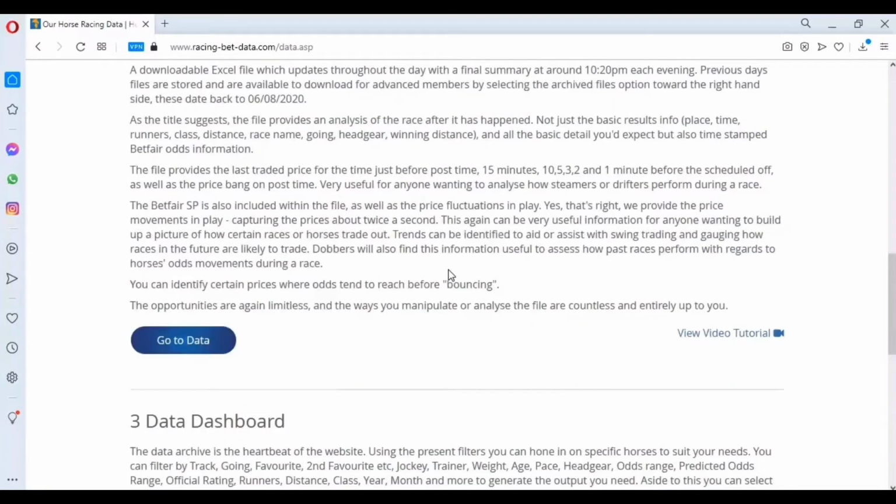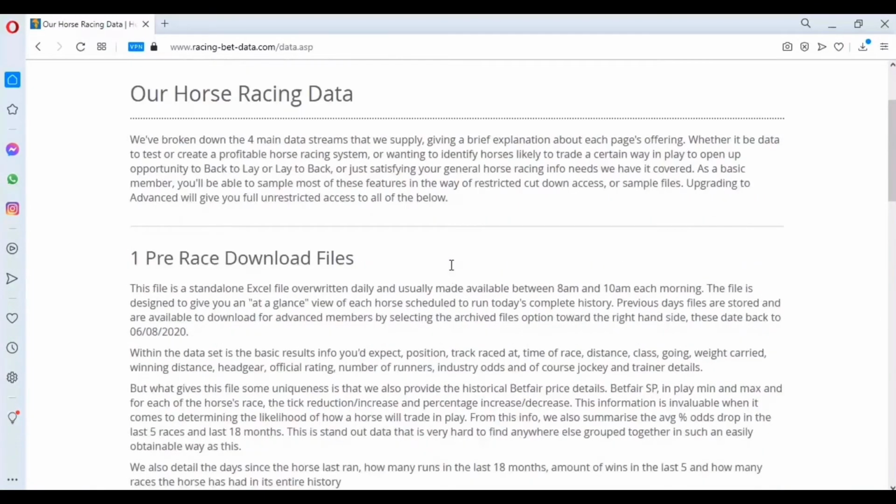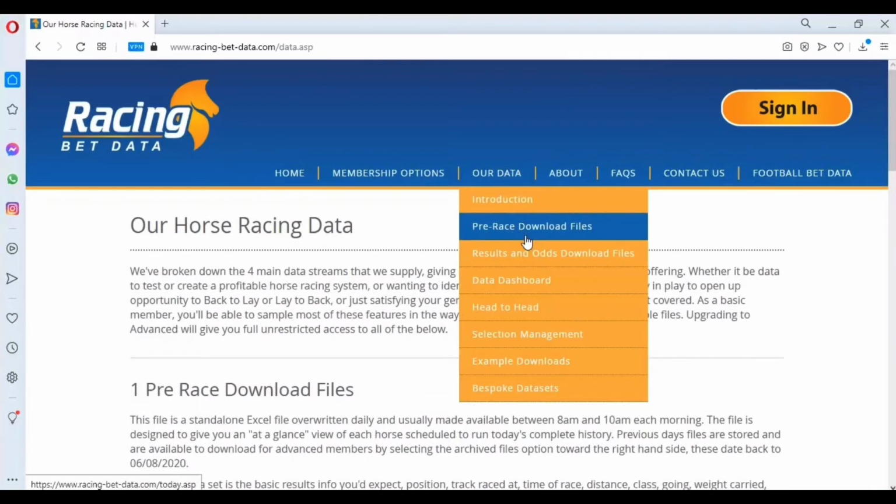So without further ado, let's have a look into some of these data files. And as a basic member, I've not even signed in or registered here yet. So I'm going to be showing you everything at the moment that you can access as a free member, basic member. So the pre-race download files,